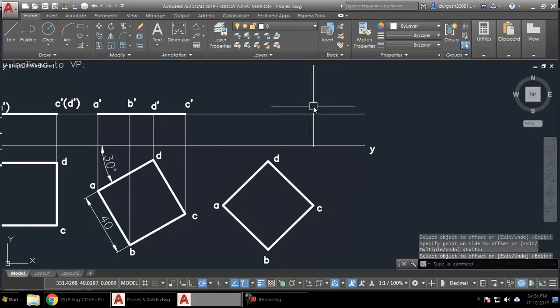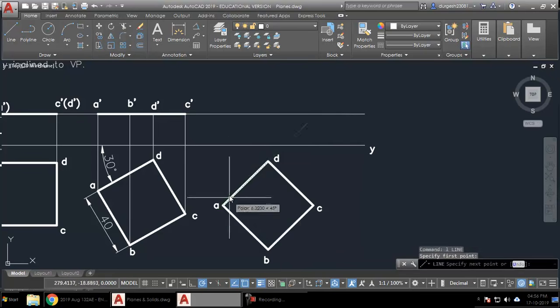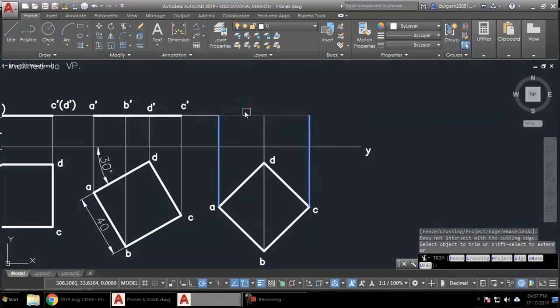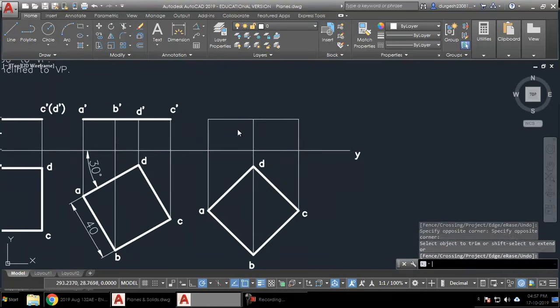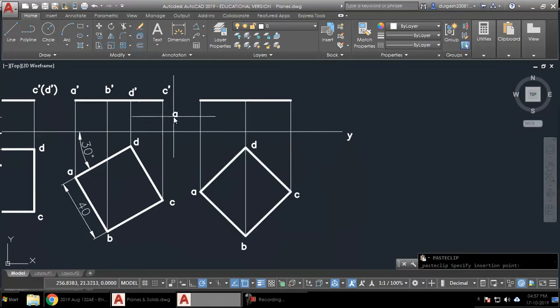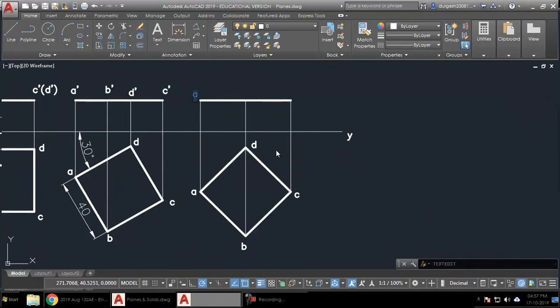So I'll just take offset of 20 mm from here, and again I'll have to draw the vertical projection lines from all these points. So these 2 points, they will overlap exactly, and just have to trim this off. So select the 2 extreme edges and TR enter, and then select these lines which you have to trim off. And of course, after you have done all of this, you just have to name it.